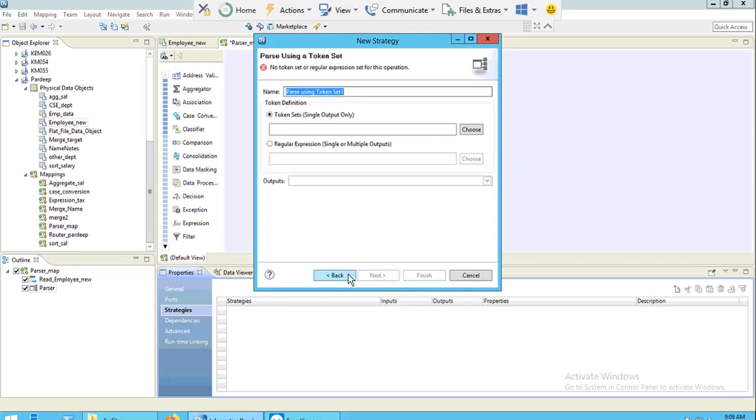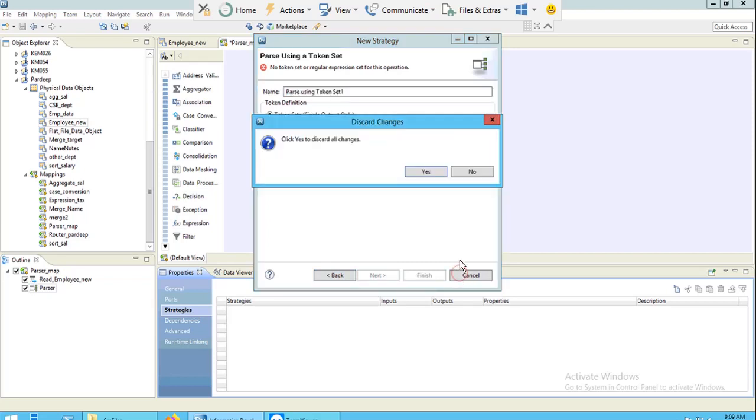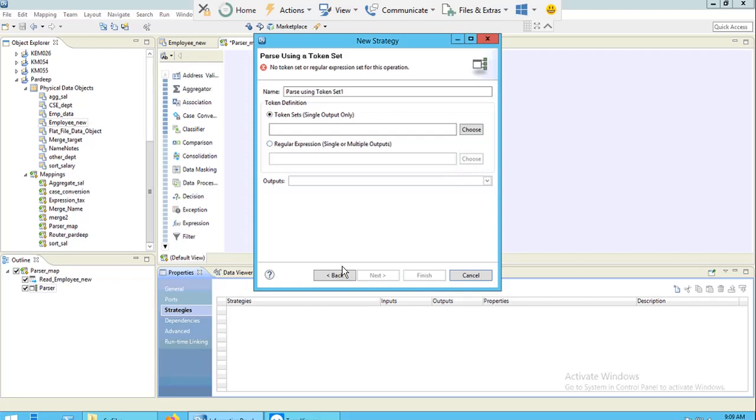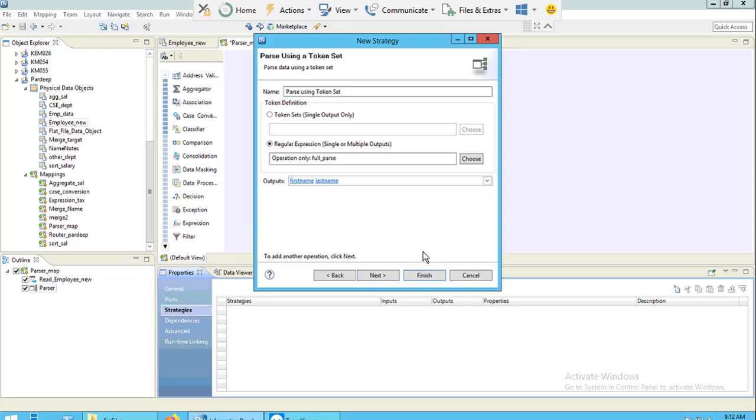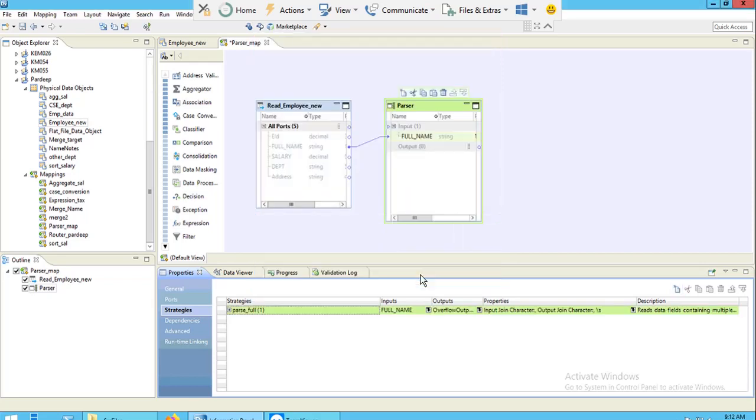Now you can use token set only. Now I have to click on finish.